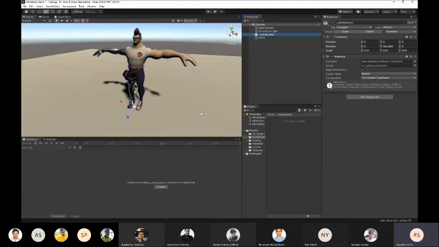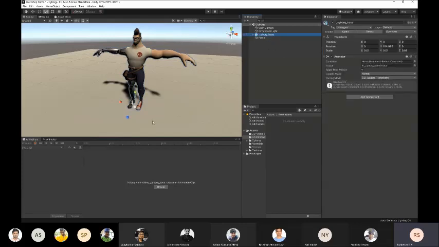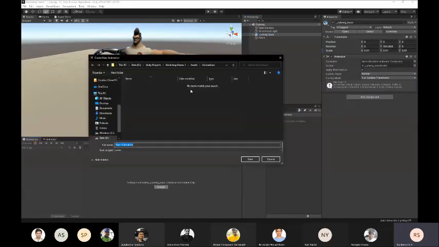Okay, so now we create an animation for this character. We click on this character in the hierarchy, go to the animation window and select create. So you can see, to begin animating Cyborg, create an animation clip. So select create, and we store this in our animations folder which we created, right? So I'll call it idle, and the file type is called anim. That's Unity's file format for animations. I'll click on save.